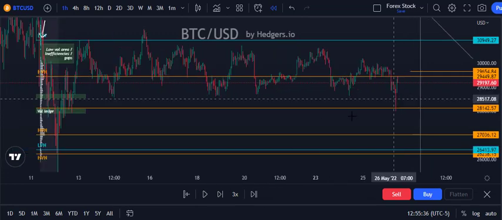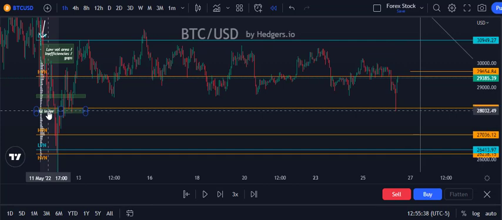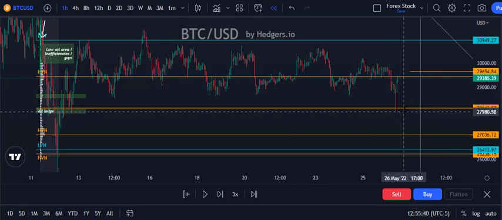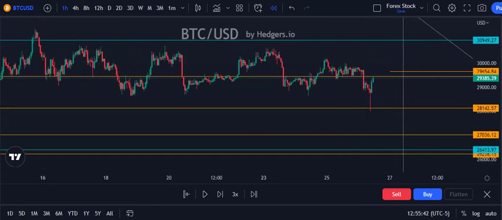Okay, you see, at this volume ledge and this point, it's the patient trader who is more patient